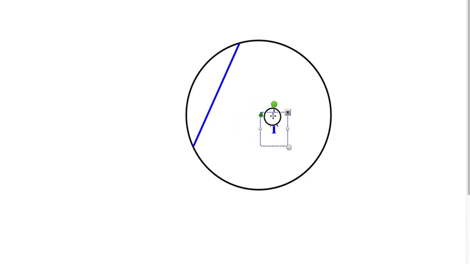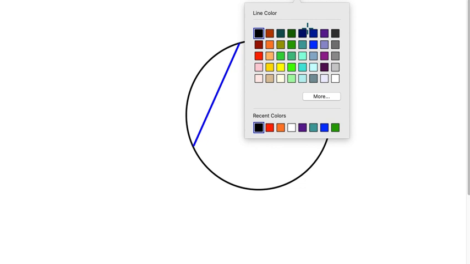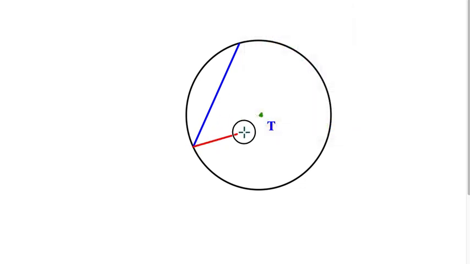So if this is circle T, and there's a chord in circle T, if we were to draw in a radius from the center to each end of that chord, then we get a special type of triangle, which you probably recognize, and that would be